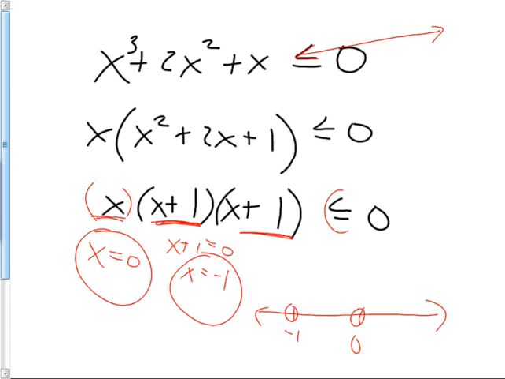This one has an "or equal to" sign, which means I fill in these spots. They work. What that means is these spots are zeros. They will make the equation equal 0. And if it's allowed to be equal to 0, then it works. Then I check. The hardest one is negative a half. Don't go back to the original. Use your factored form. I'm going to put in a negative a half right here,